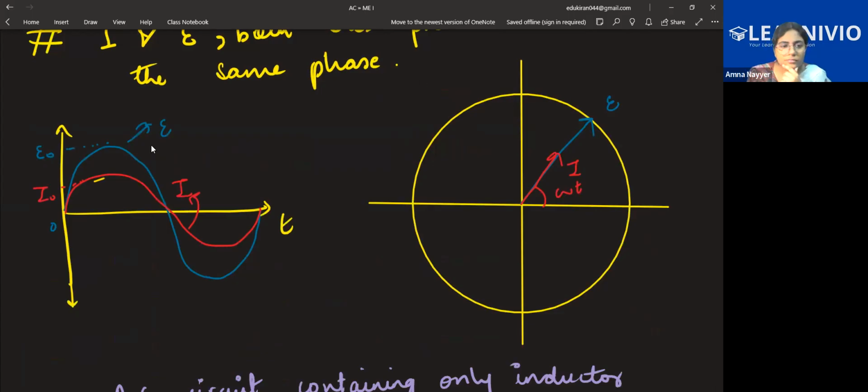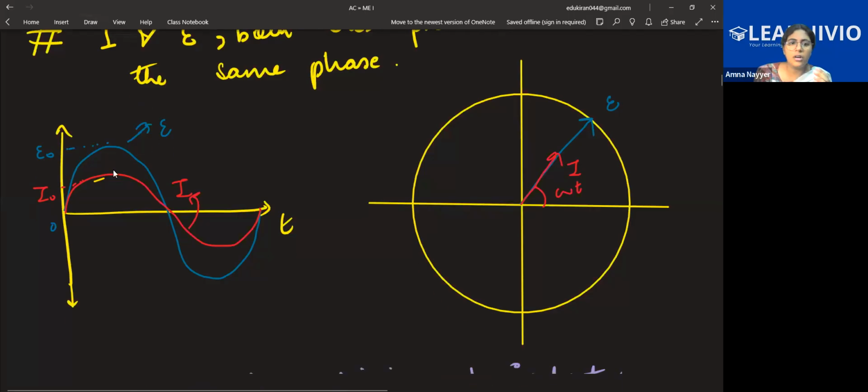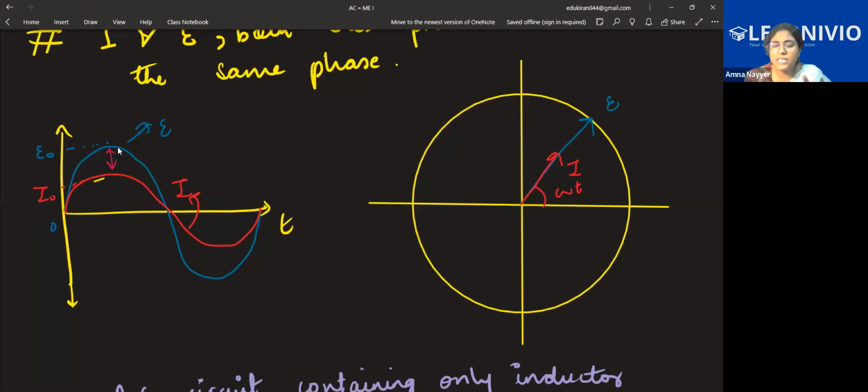Look, this is starting from the origin, EMF, the blue one. And look at the red one. This is also starting from the origin. Angle is not different. See, I have overlapped the wave. Can you see any angle? No. But what can you see which might come into your mind, that there's a gap. If this gap is there, it means they are not in the same phase. Phase means the angle.